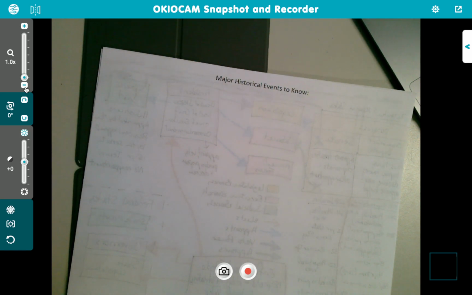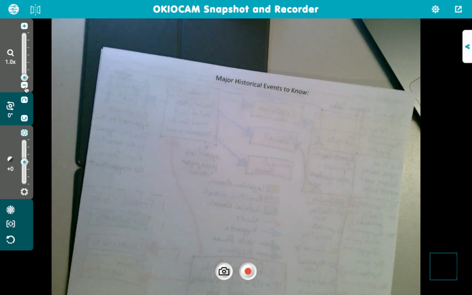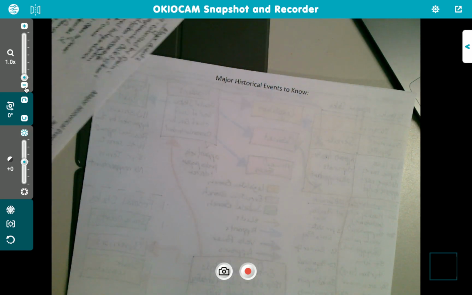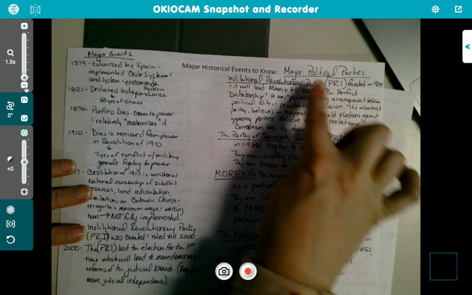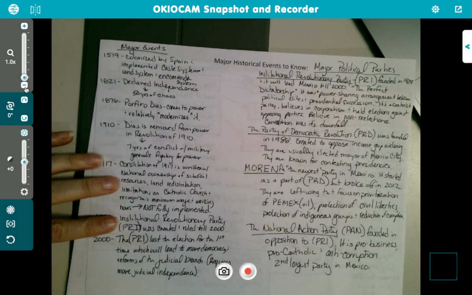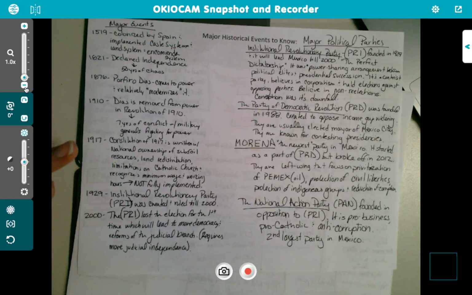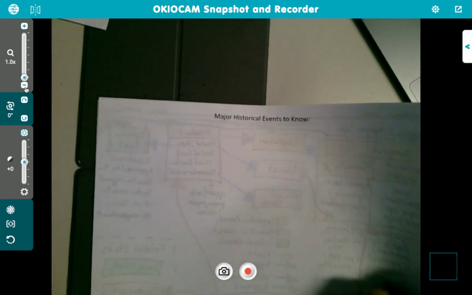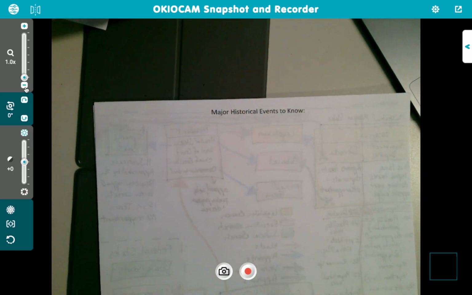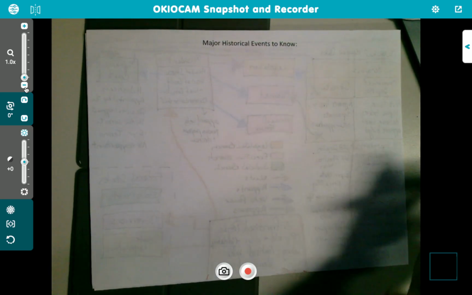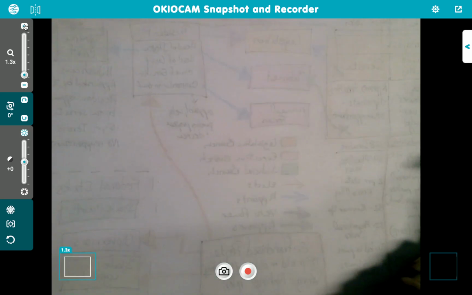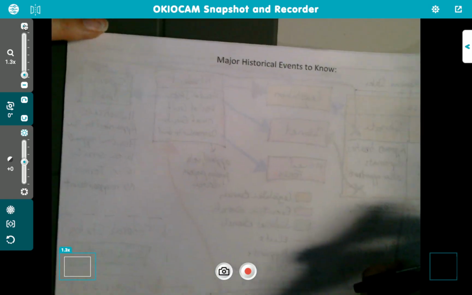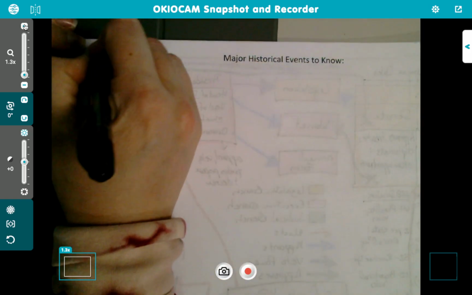Okay. Truly, what I think is the hardest part about Mexico is the political parties, which is why we're going to do political parties over here. So this is how much it's going to fill, so just be aware while you're writing. And if I can do it 4 times, you can do it once. Yes? Perfect. I'll even zoom in for you. Here we go. Major events.